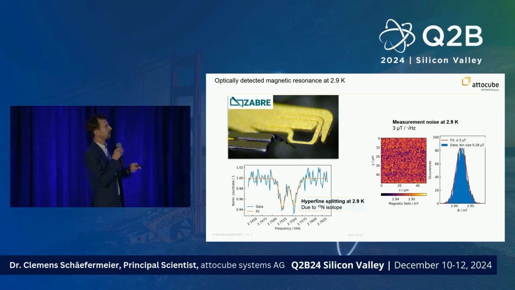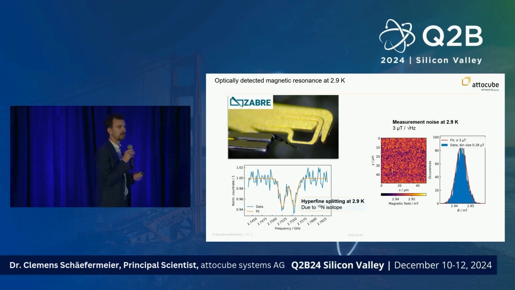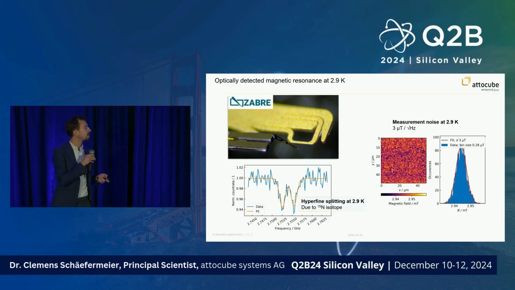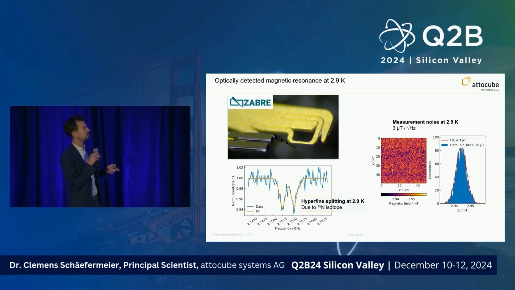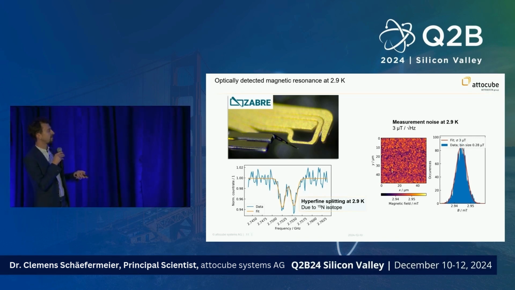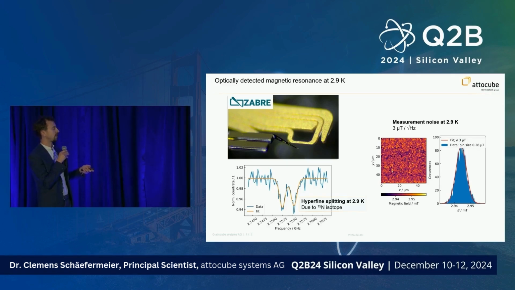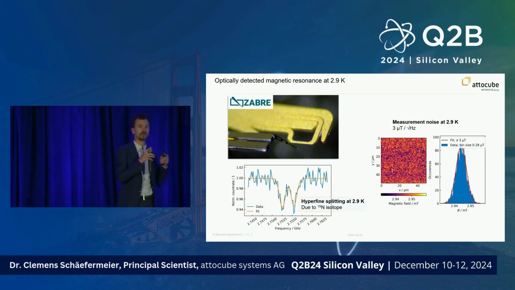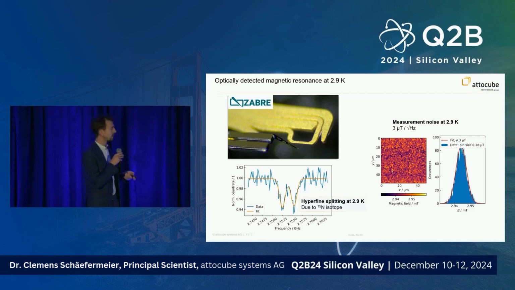So here you can see the magnetic field sensitivity for continuous wave, for CW ODMR. That's the most standard protocol that you can run. And at 3 Kelvin, you achieve around about 3 microtesla per square root hertz. So here's the data. I just ran this for like 2,500 times, sampling time 1 second each pixel. So that's how I got there. And maybe more for the experts, the NV center is so sensitive that we can actually observe the hyperfine splitting, which is the interaction between the free electron of the NV center with a nearby N15 isotope.